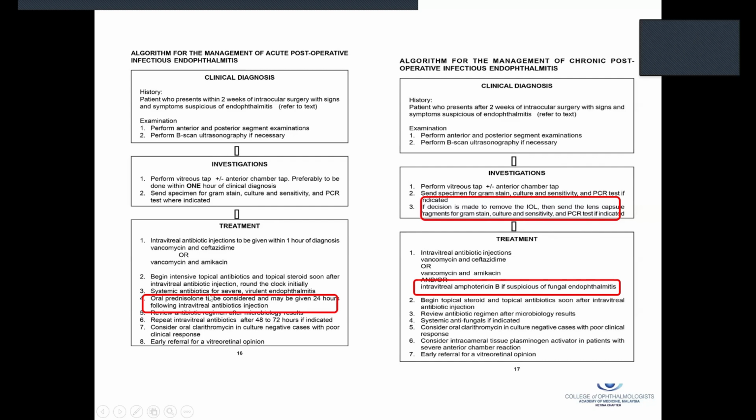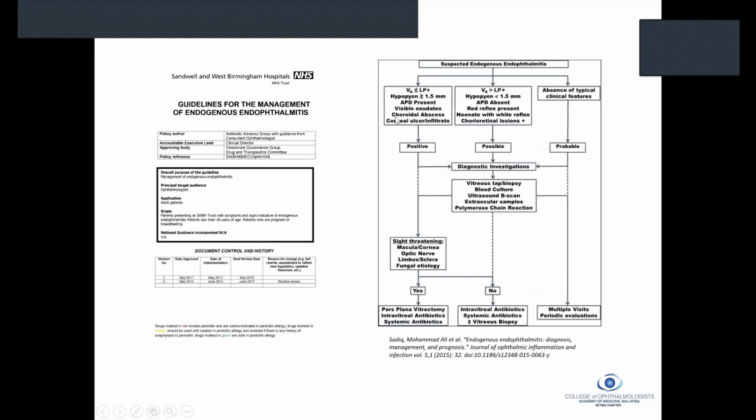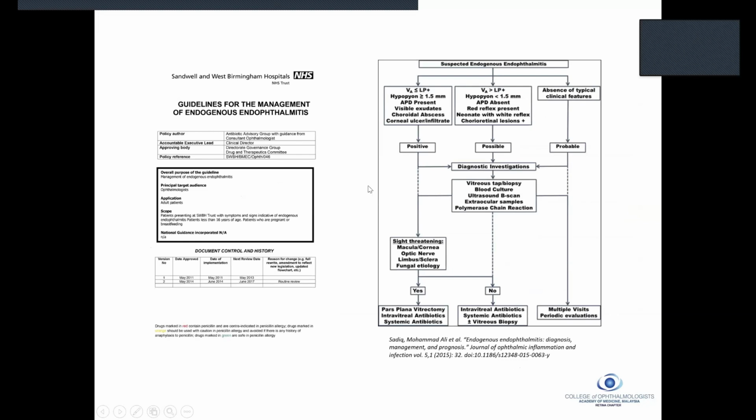And oral prednisolone can be considered in the acute case because we know it is very inflammatory. We would only give that when we are very certain, but you can see that it's not recommended on the chronic endophthalmitis side. Instead, we would consider systemic antifungals if that organism is detected, or in the case of a very severe anterior chamber reaction, then rTPA may be an option. How about endogenous endophthalmitis? As mentioned before, we have to combine the management with treatment of the underlying systemic infection and abscess drainage where necessary, and work together with the physicians.